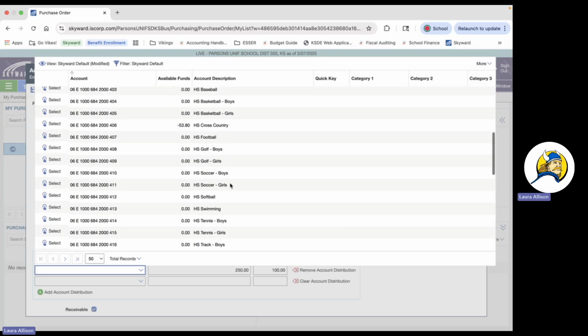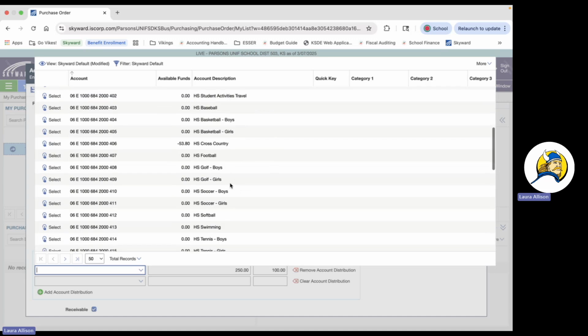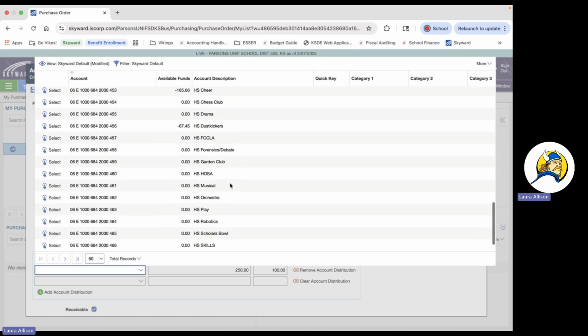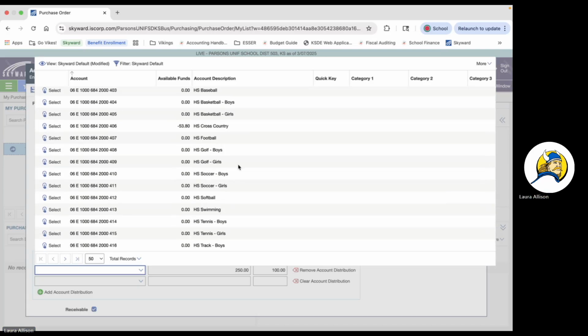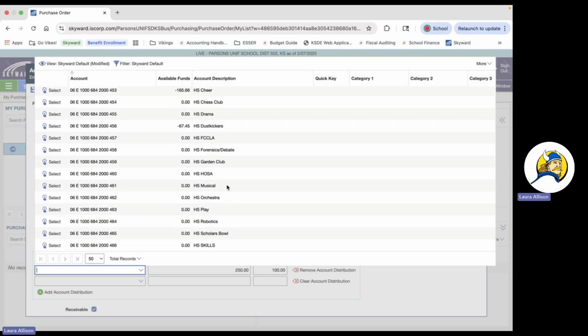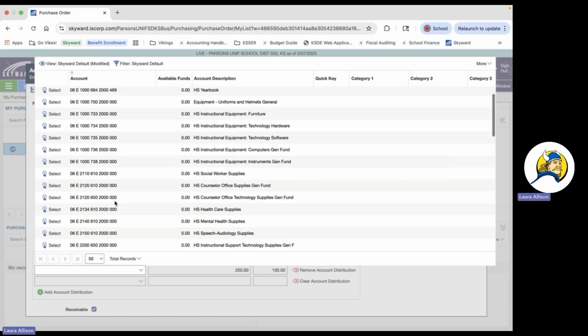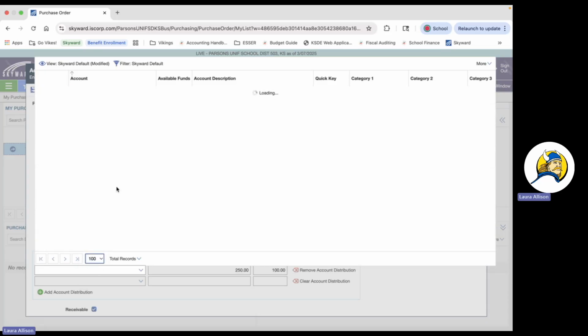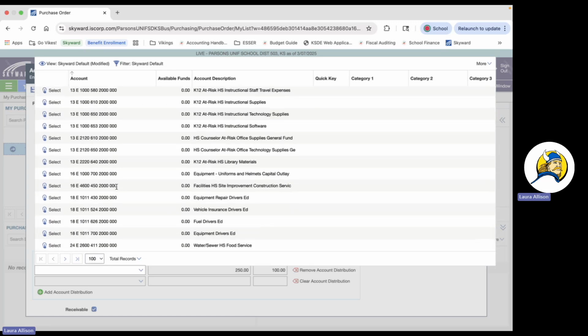So for this particular purchasing group, because of my authority level, I have different accounts I can choose from. These are student activities, but I want to get to our CTE instructional lines. Along the bottom, you will see these little arrows where I can toggle back and forth to the different pages. I can also update the number of records I want to look at one time so I can see more, but I'm going to go to